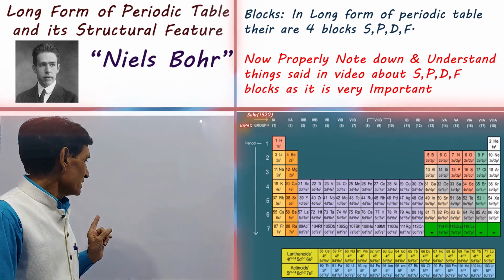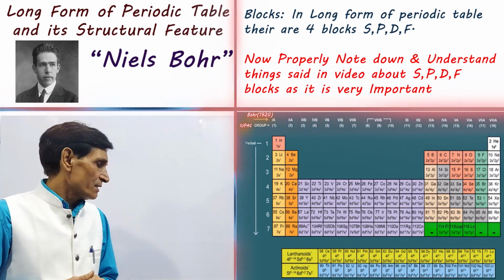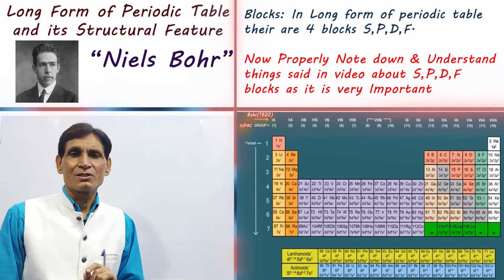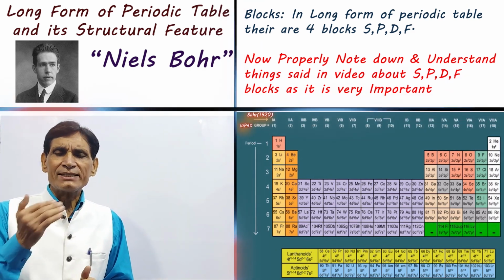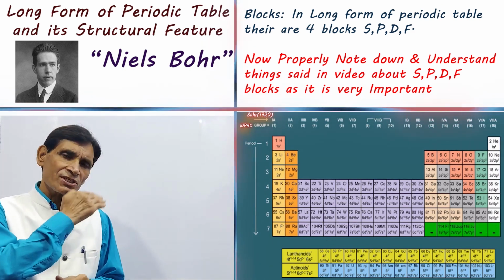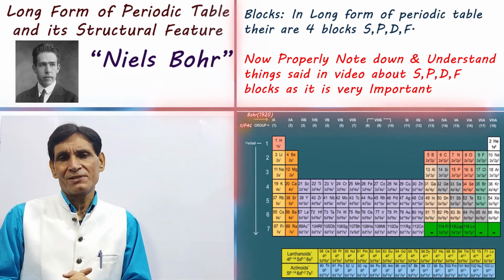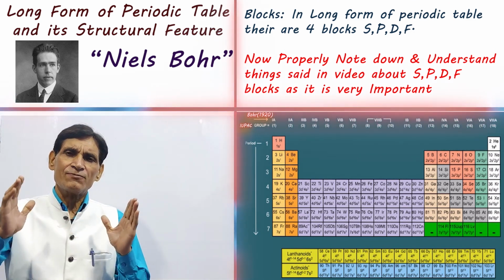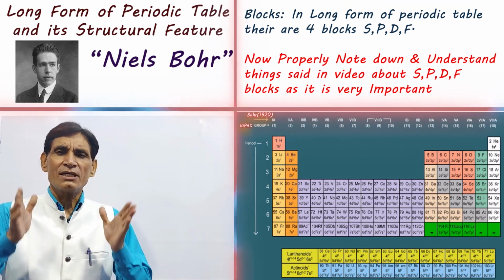Next, F block elements. F block elements are there in group 3 and period 6, just after lanthanum, atomic number 57. There is a series of 14 elements from cerium to lutetium placed below the periodic table. This series of 14 elements is called lanthanides.